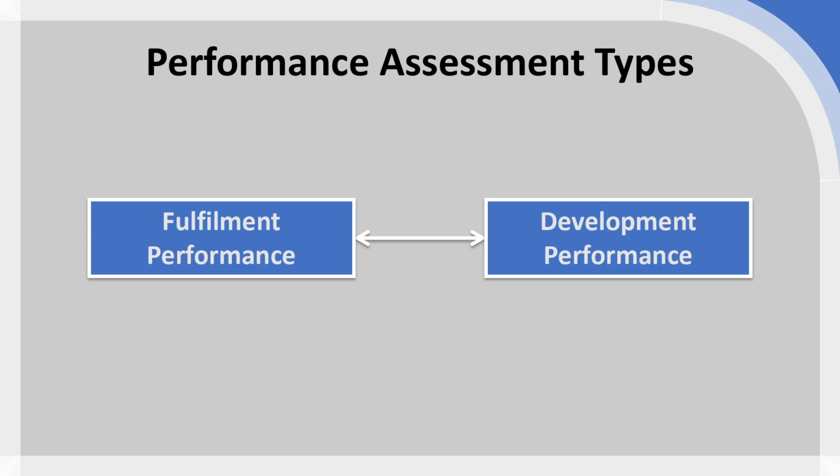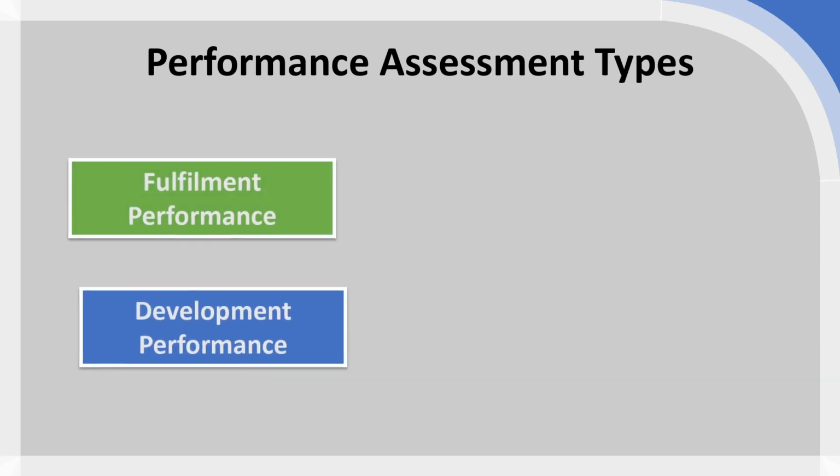It is very much an either or scenario, and they are connected to very much the specification that would have been set out early on in the procurement cycle. So fulfillment performance assessment is closely associated with conformance specifications, whereas development performance assessment is associated with performance specifications rather than conformance specifications. So if we look at these turn by turn, with the first fulfillment performance assessment, because it's